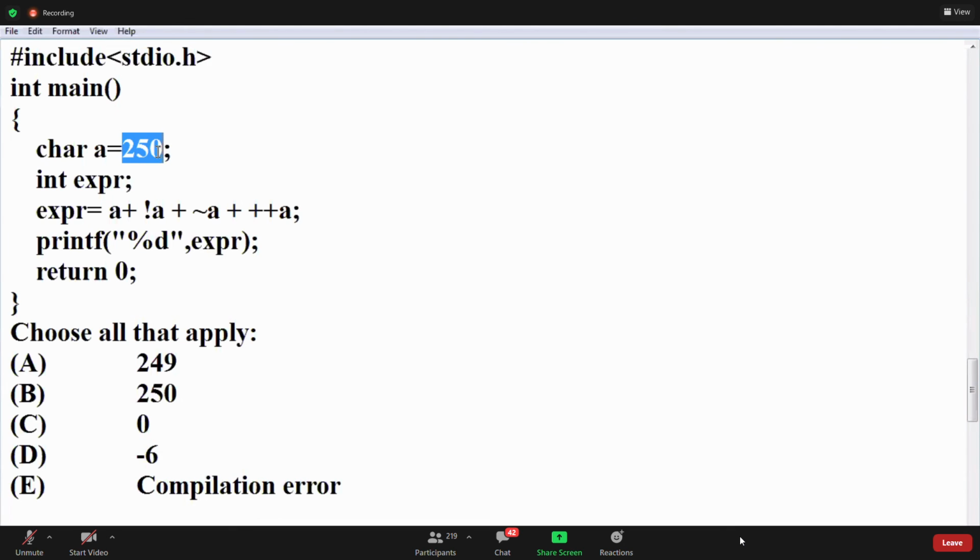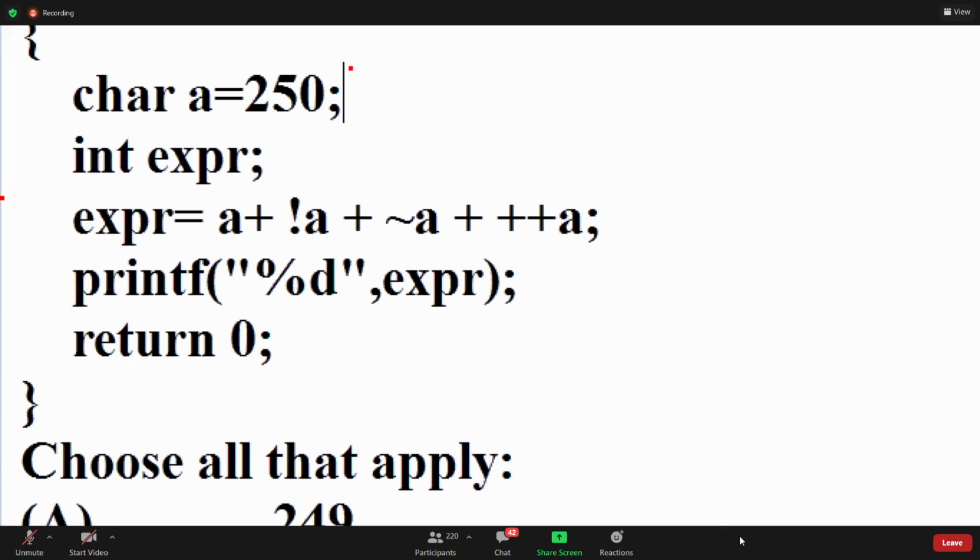Yeah, this value is initially minus 6, guys. I told you, right? The range is minus 128 to plus 127. This is minus 6.